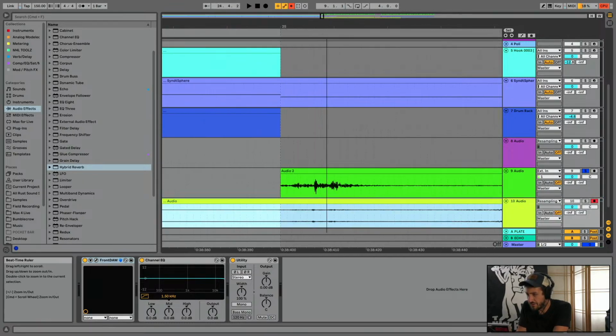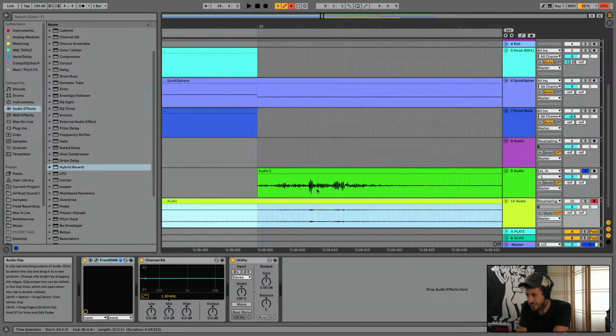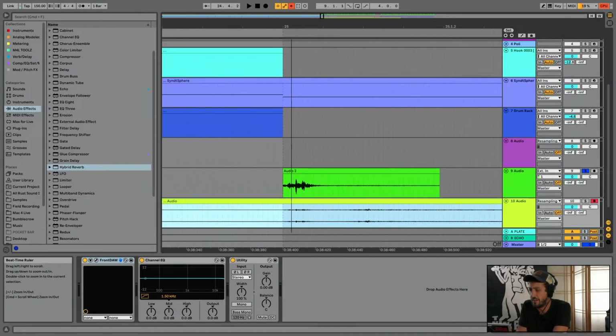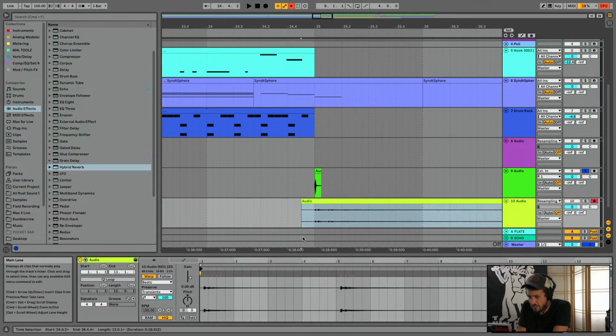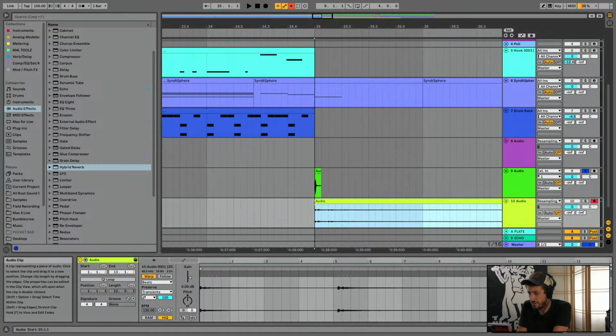Look, you can even see I can line that spot. Yeah, there it is, perfectly in time. I just shifted it a little early because that's the delay time creeping in there. So now I have this.